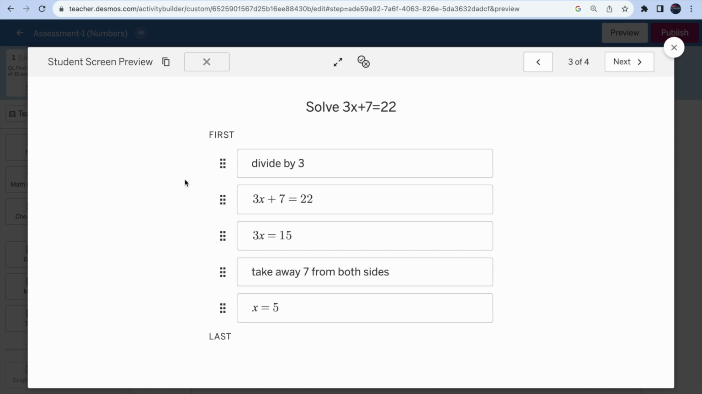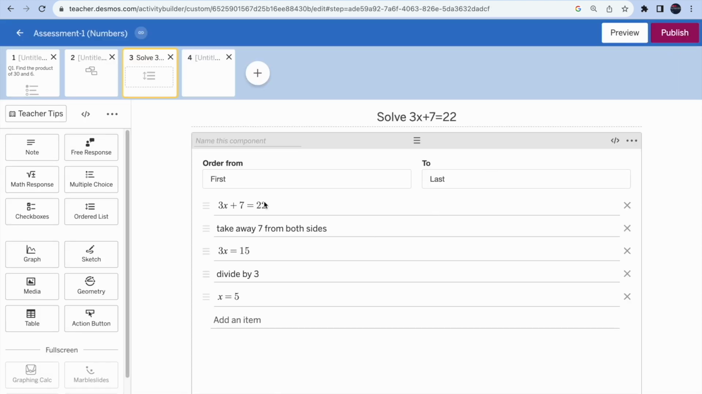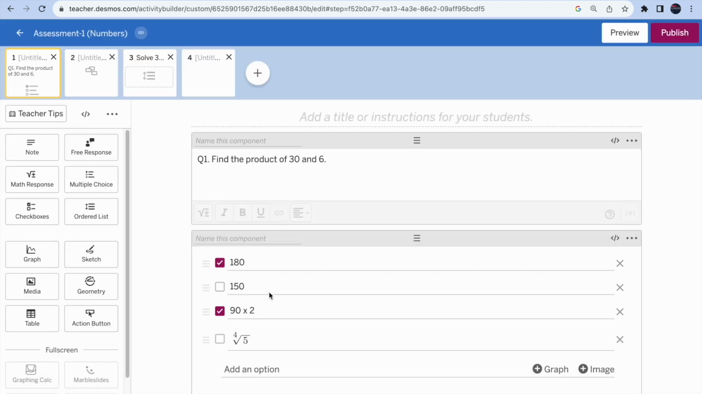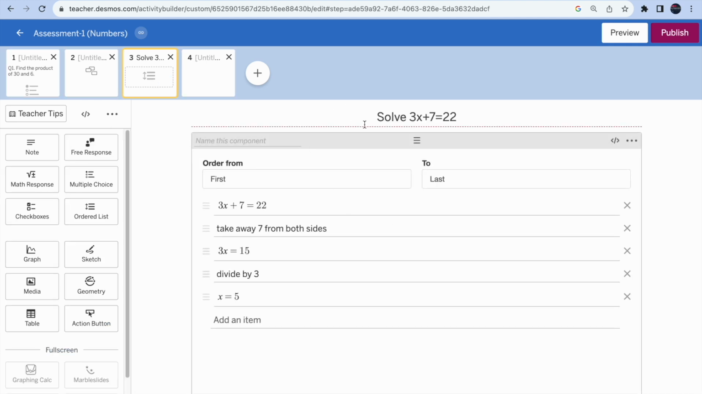So without coding you can create your assessment. So let's arrange it. First, take away 7 from both sides, then we got this equation, divide by 3, x equals 5. Look, it's correct. So 3 forms. One, multiple choice or check boxes. Second, card sort, very easy. Third, use the ordered list, and you can be more creative in your questions, like create the way you want to, right? So create different types of questions, see what you want to type, what you want to ask your